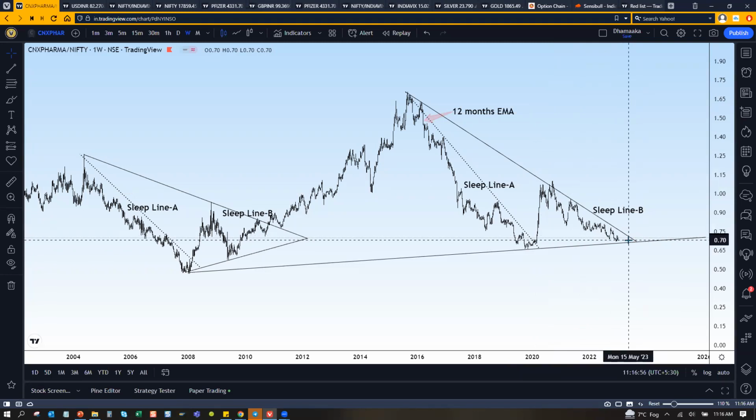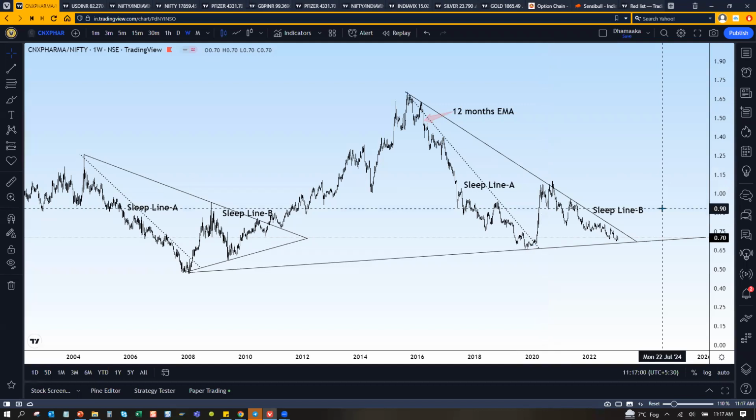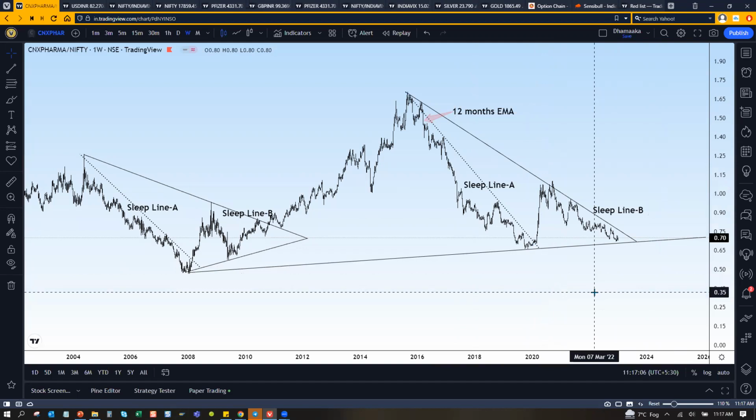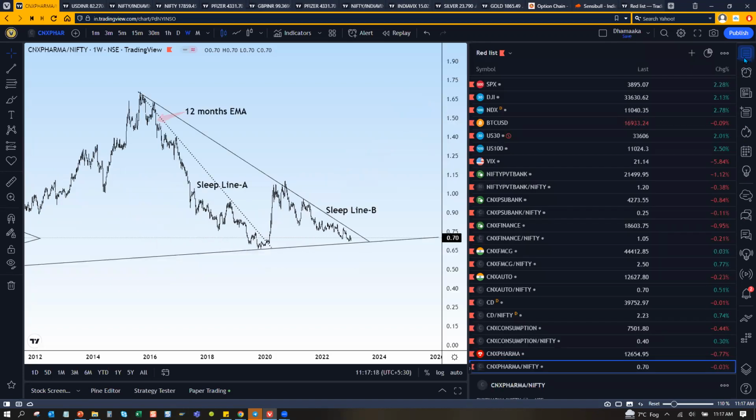I don't know till when it will sleep, but when it comes out of this line, you can do this kind of stuff for yourself. Play around, just spend time with charts, and charts will start speaking to you yourself. It's just that you need to train your eyes to do this, nothing else. There's no big deal. Once you start doing it, it'll start coming to you by itself.